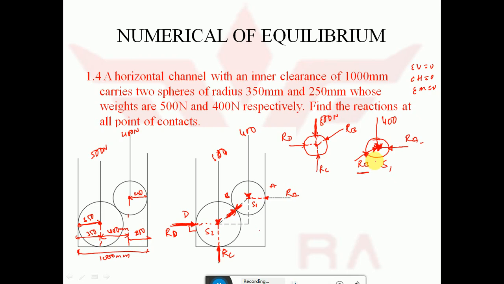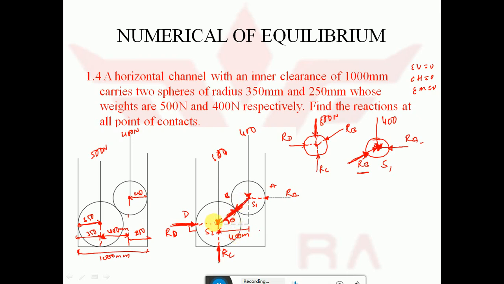But before going to the solution, I want the angle at which this RB is acting. So I need to resolve this one. See here, what is the angle of this RB, that is, what is this angle theta? How to find out that theta now? That is the question. So see here, from here we know the distance from here to here is 400 mm. Okay, this is making a triangle, right? 400 mm. I need to find out what is theta.